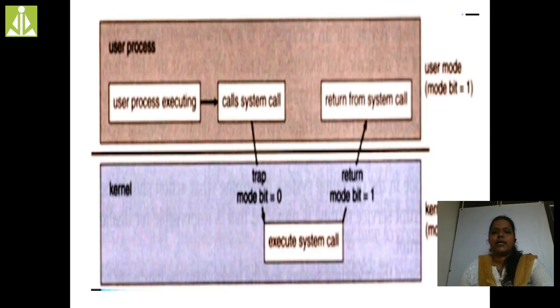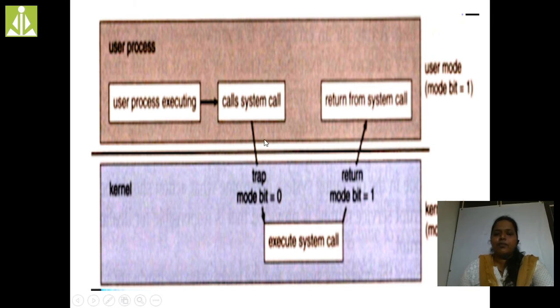So this is the diagram of user mode and the kernel mode. User mode in the sense user processes, the user related things are going to be there in the user mode. Suppose this user wants a printer, so he has to say that to the operating system. How will he say it? By making use of a system call. System call is nothing but an invoking call to the operating system. He'll make a system call to the operating system saying that I need a printer.